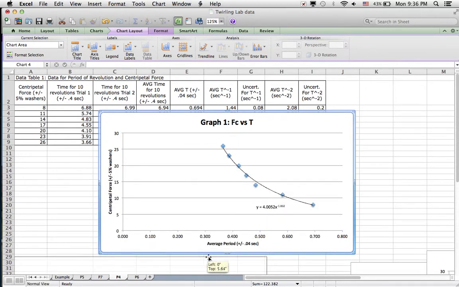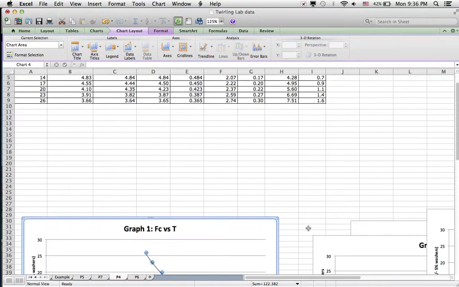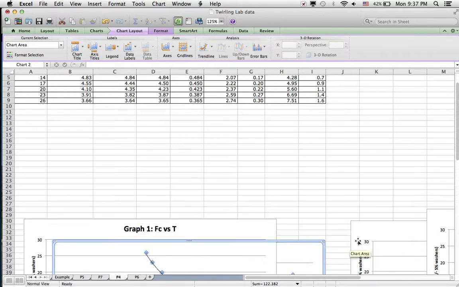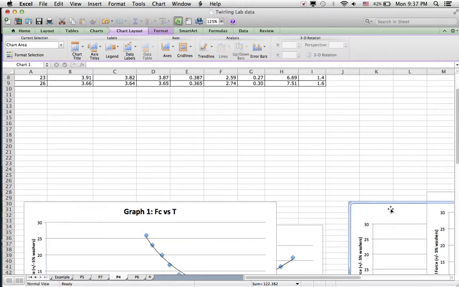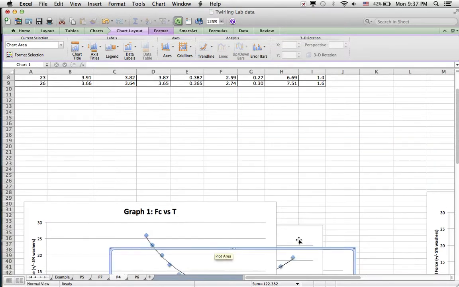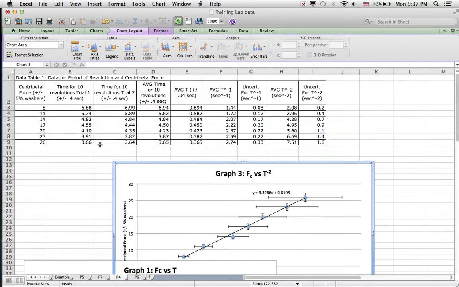I'm going to skip ahead to graph 3 because I wanted to show you error bars. Graph 2 is very similar to the same processes, so that's why I'm not going to waste your time here. But let's take a look at graph 3. Of course, like a chef or something, I already have all these graphs done. Let's see here, which is the graph that I want. Nope. All these graphs. Okay, so I set up graph 3,